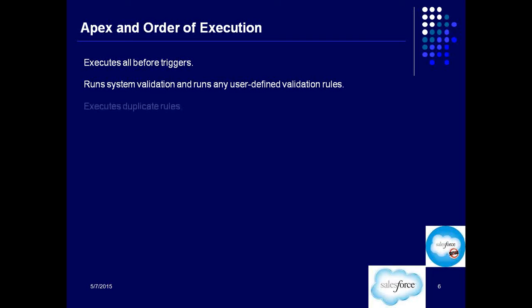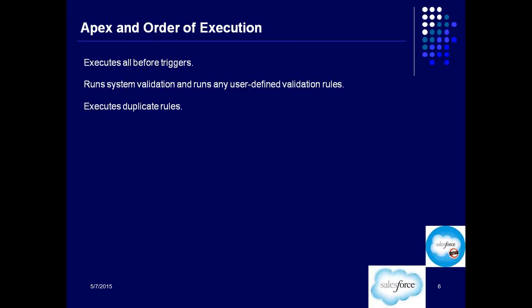Then it executes duplicate rules. Then we'll go and check if there are any duplicate rules and if the data is duplicate or not. Duplicate rules are not the duplicate checks you define in a before trigger; that comes under before trigger. Duplicate rules are when you're creating a field and you define, make this field as unique, right? Those are considered under the duplicate rules. The ones that you have defined under triggers will be taken care of in the before triggers. All right.